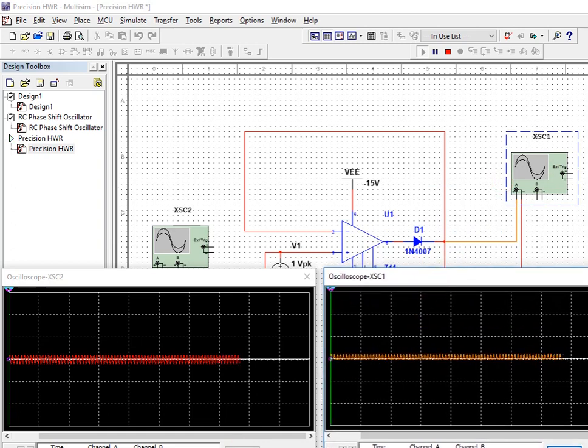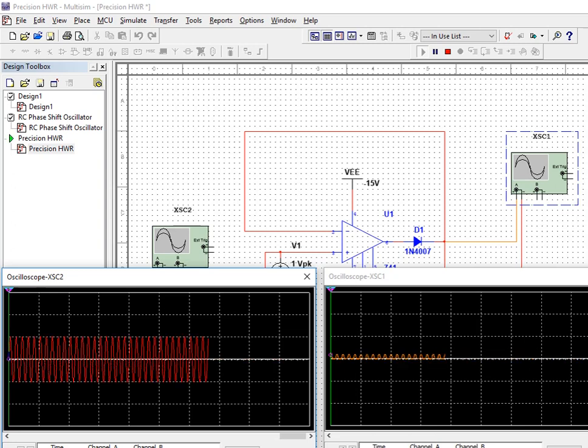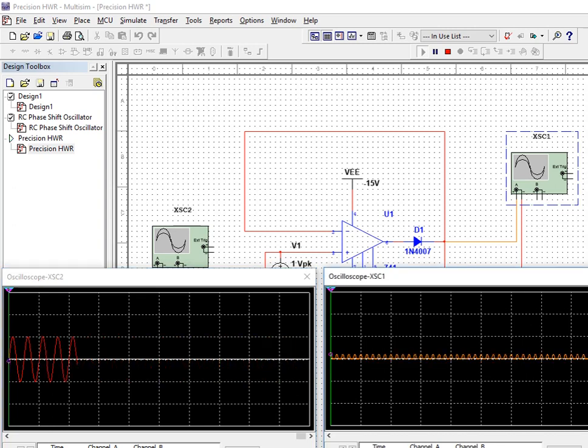To observe the waveform clearly, I need to change the scale of both the windows, that is the input and the output oscilloscope. So I'm going to change the scale, and the same scale has to be used at the output side so that you can clearly tally. Here you should remember one thing, that scale basically corresponds to one box in your x-axis and one box in your y-axis. So here if the scale is 2 millisecond per division, that means one box is equal to 2 milliseconds. And scale in the y-axis is 1 volt, means one box is equal to 1 volt.